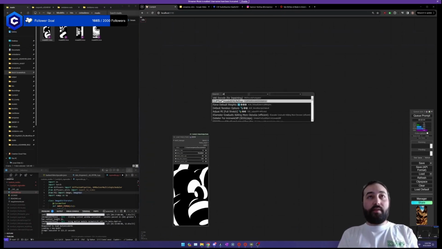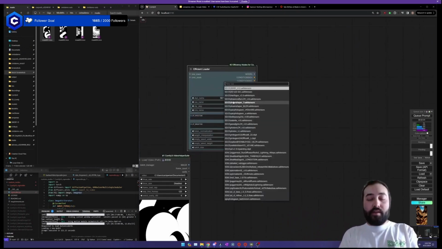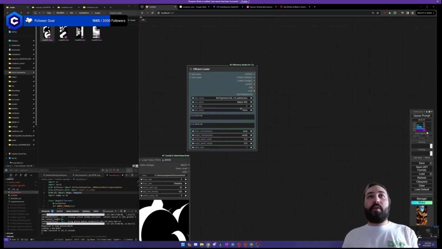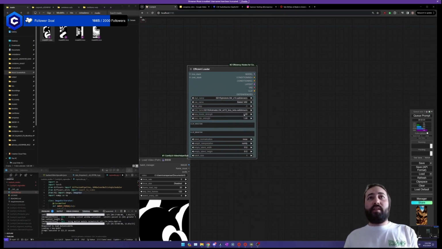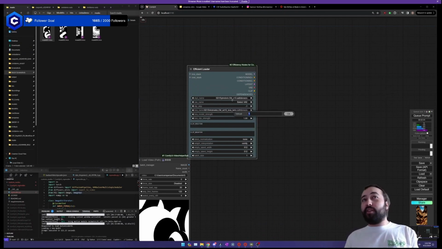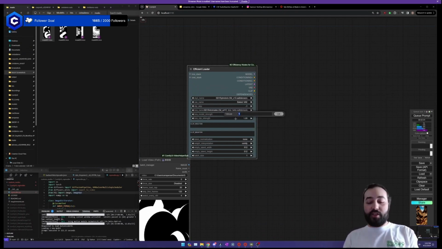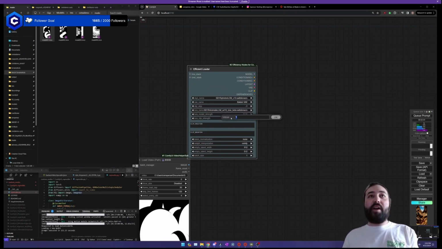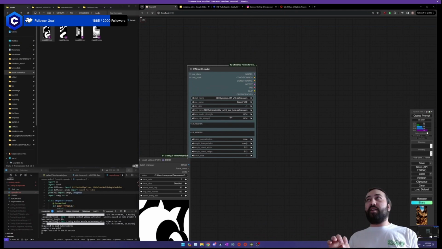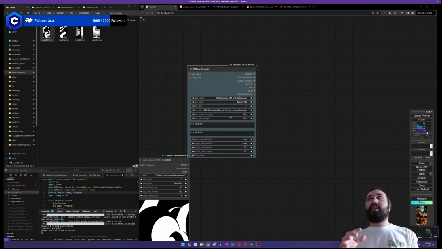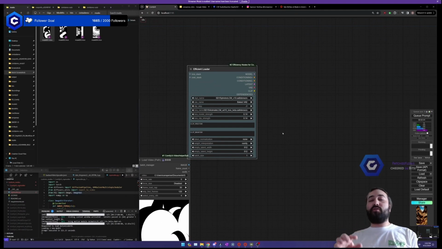We're going to go ahead and do efficient loader. This is just a very easy way to do it. I'm going to do photon LCM, and I'm going to add the animate LCM LoRA a little bit too. This model is already LCM, but I like to add a little bit more. This is one of Phil's tricks: you can add a teeny bit more of this LoRA to add a little more LCM to make it seem like it has a higher CFG, because we really want to be at a CFG of 1. That's when it runs the fastest.